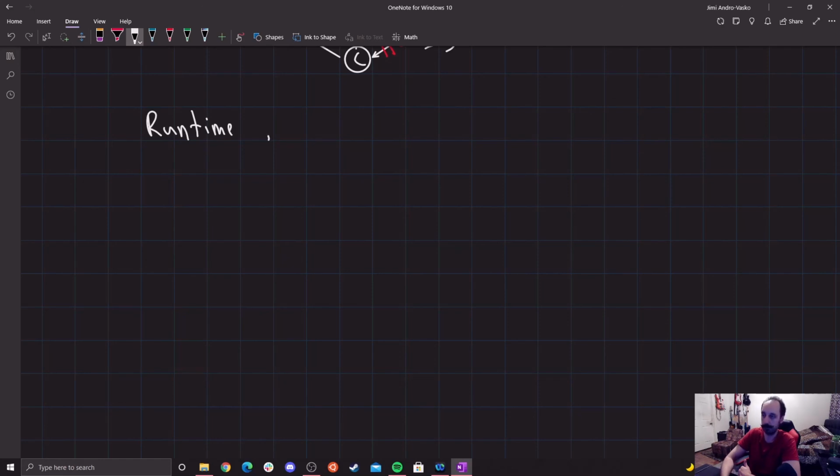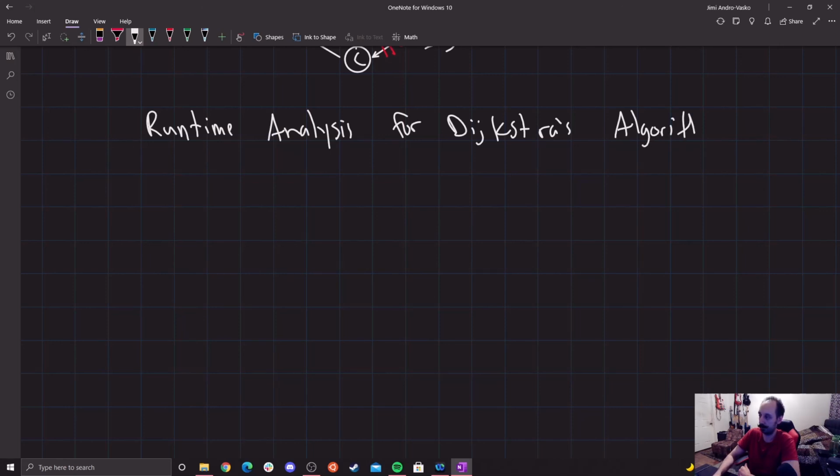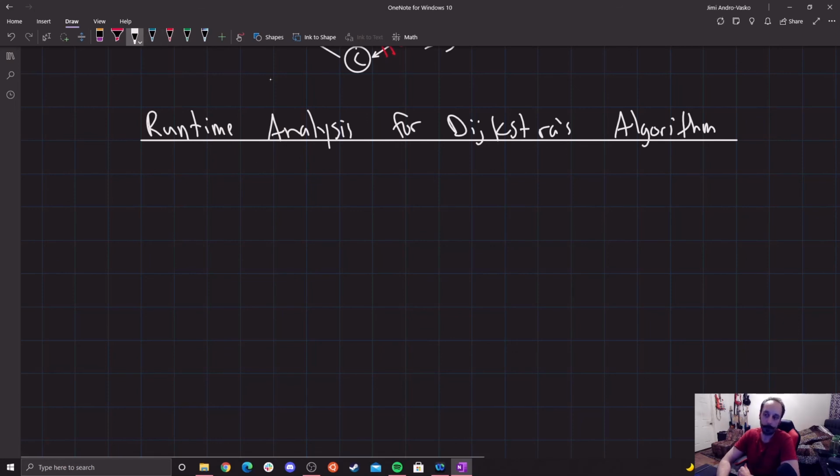So, runtime analysis for Dijkstra's algorithm. Very simple. Basically, all we're going to do is run this out, and we first have to pop